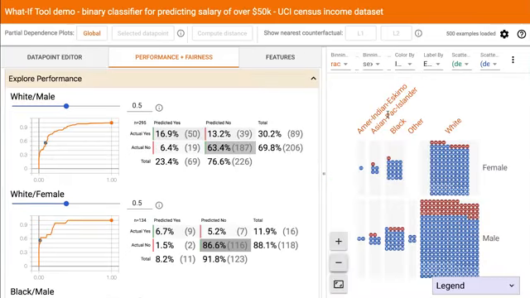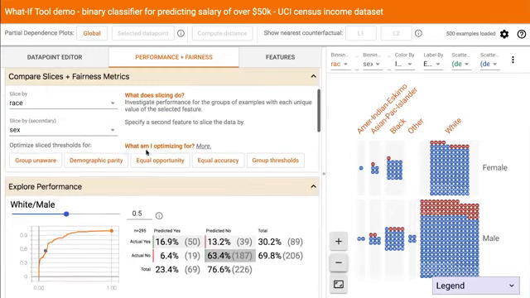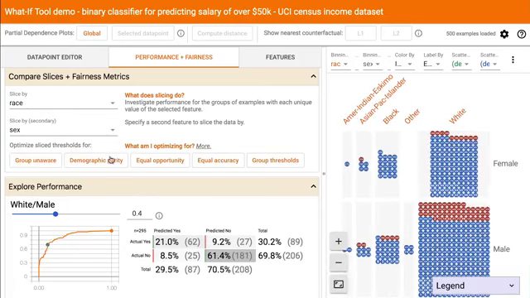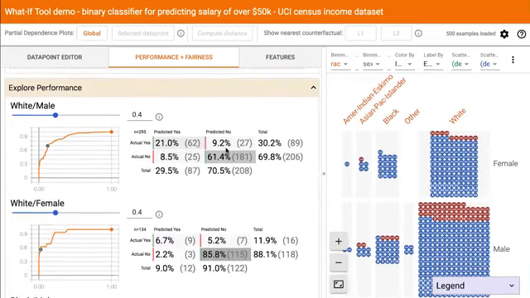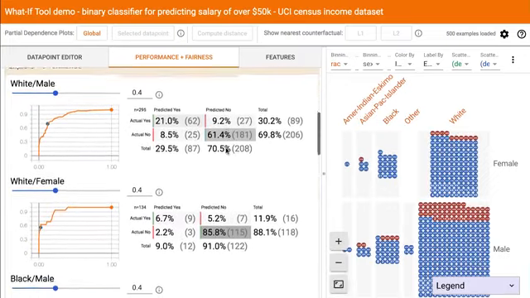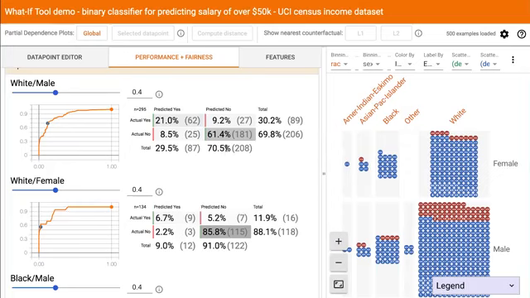We can now consider different algorithmic fairness constraints. Under Optimize Slice Thresholds For, click Group Unaware. What happens to the threshold for each group? Remember, Group Unaware maintains the same threshold across each subgroup. In this case, the optimizer figured out that it's better to lower the threshold because we increase the number of true positives that are recognized relative to the number of false positives that are introduced.